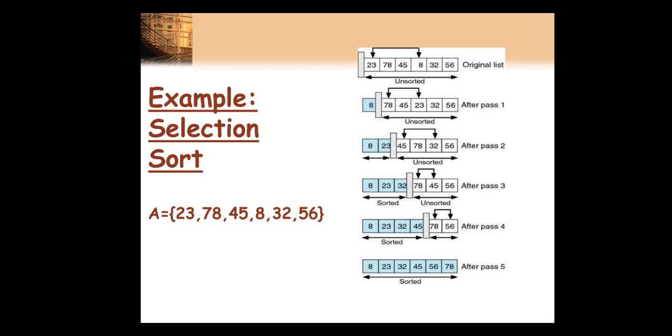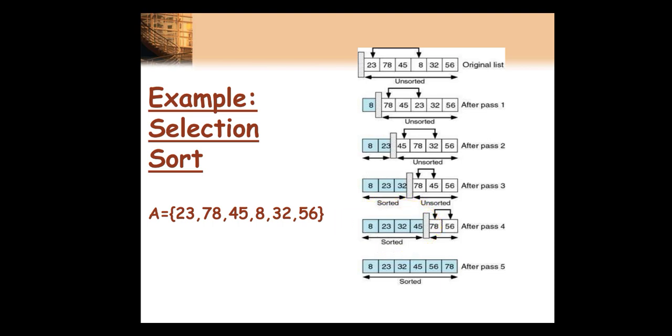So in the fourth pass, what we have to do is check whether any element is smaller than 78. We have now only three elements in hand, so one element for the comparison, and we check whether either of the remaining two elements is smaller than 78. Here we found that 45 is smaller than 78, so we need to swap them again. So after pass 4 we get the fourth element at its proper position. So the fourth smallest element is at the fourth position.